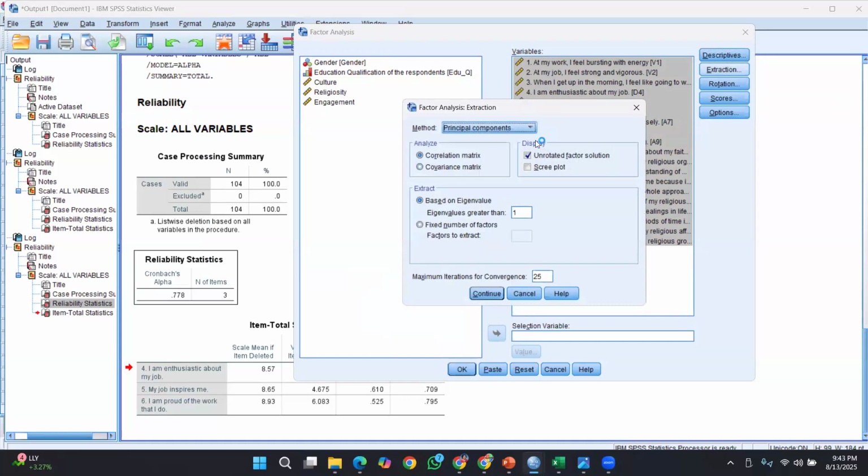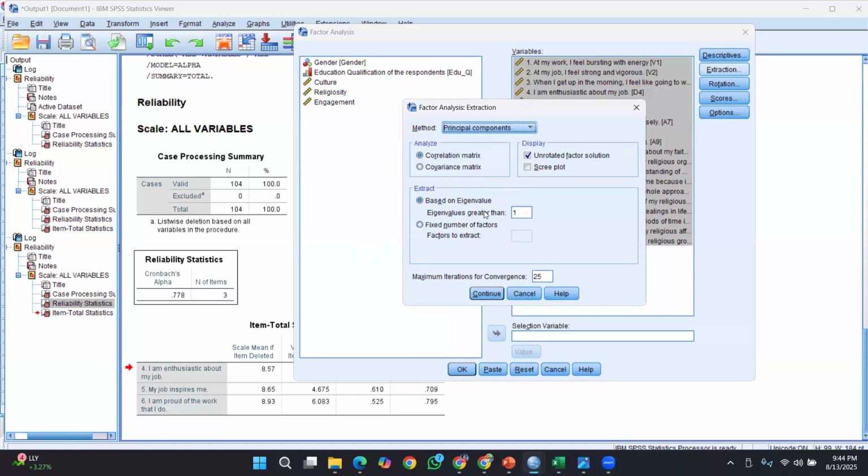Extraction method, hope you can remember: we will extract using the principal component method, and we'll be looking at the eigenvalue. Iterations 25. Then how do you extract?